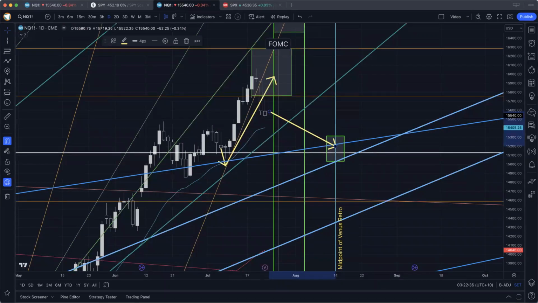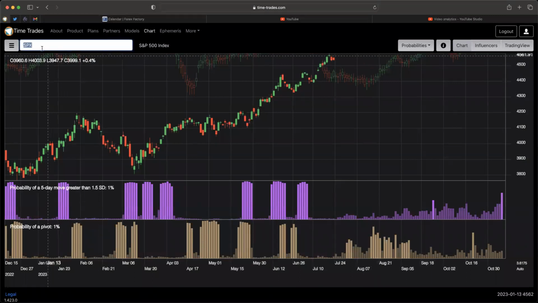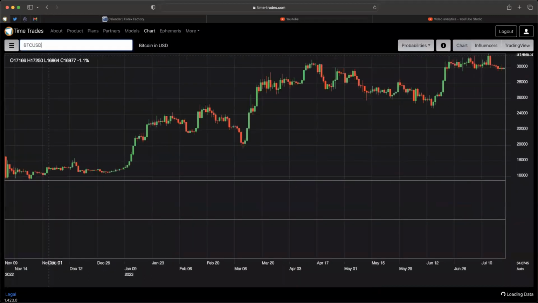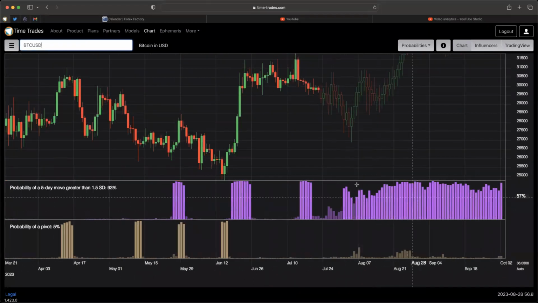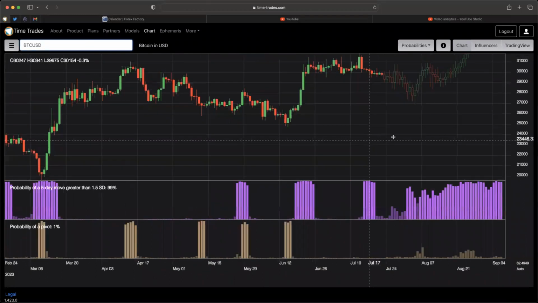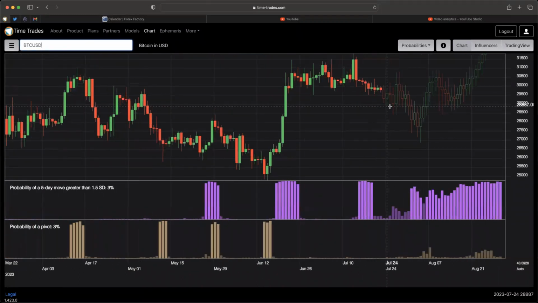Now, next up, I want to take a look at Bitcoin. Bitcoin is not generating a super helpful machine learning forecast when it comes to moves. That can happen sometimes, but it is generating a super helpful forecast when it comes to the mass pressure index. And again, this is based on